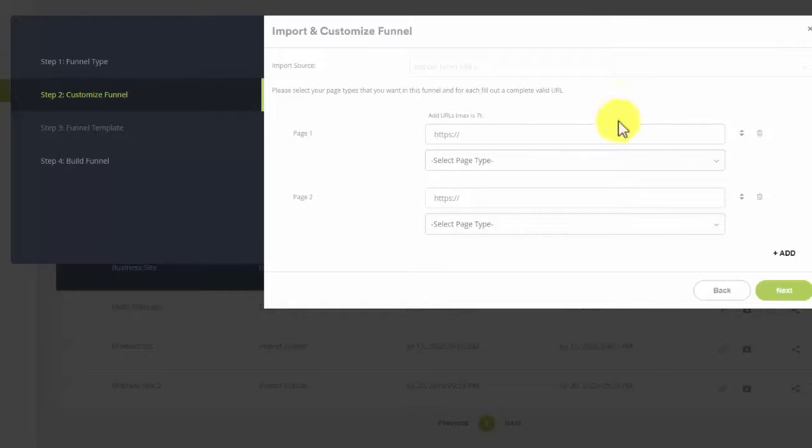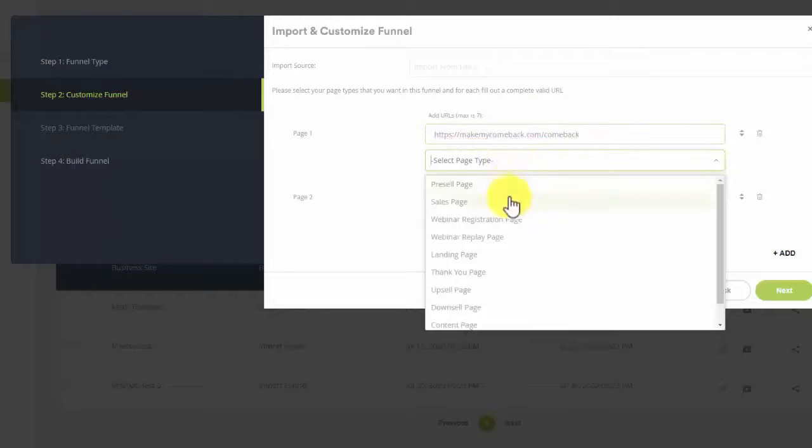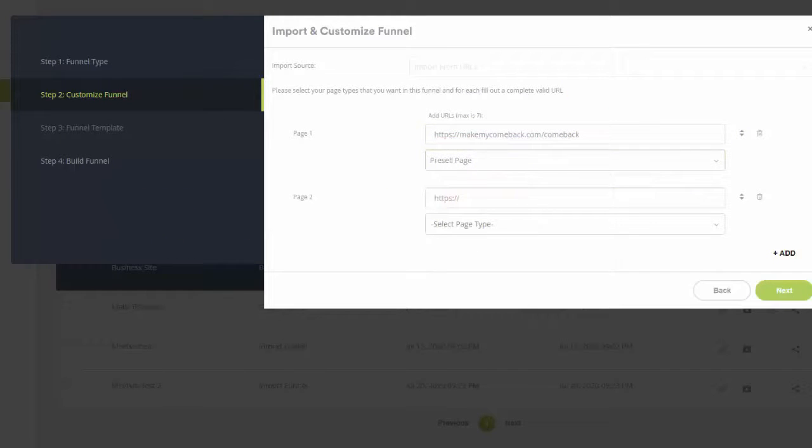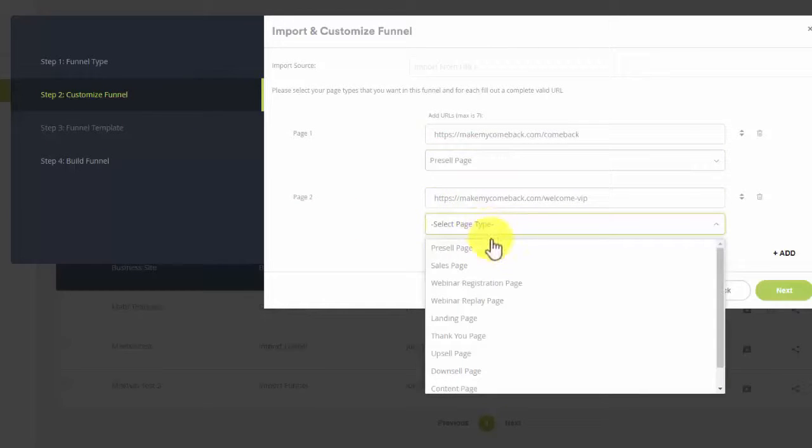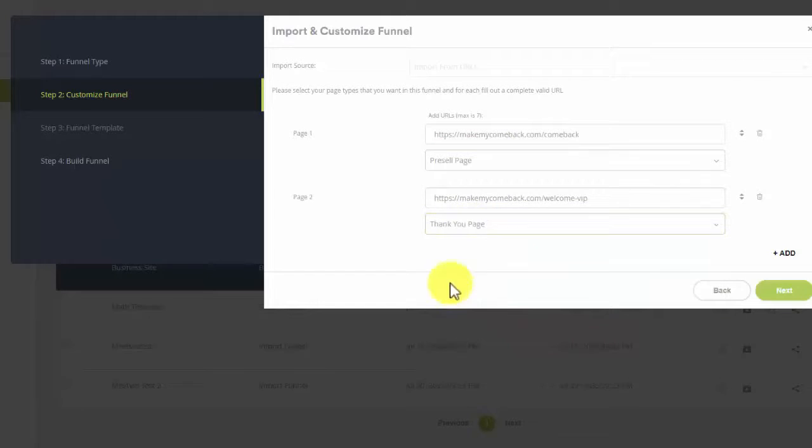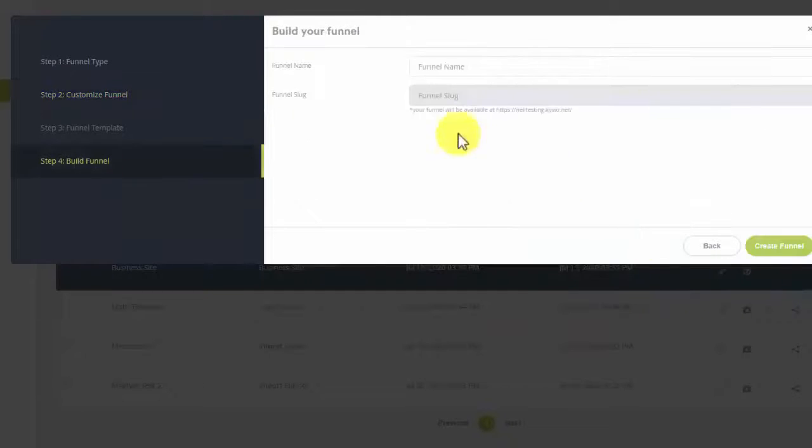Okay, so this is the first one, which is going to be the pre-sale page. It's his opt-in page, and then this is going to be his welcome page. So this is going to be the thank you page. Just as important for classification. I'm going to click next and call this